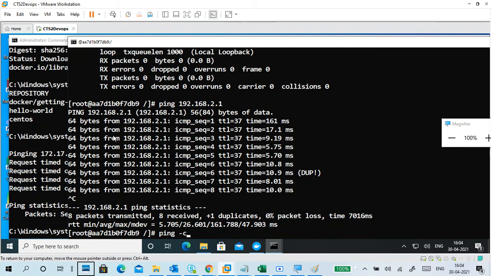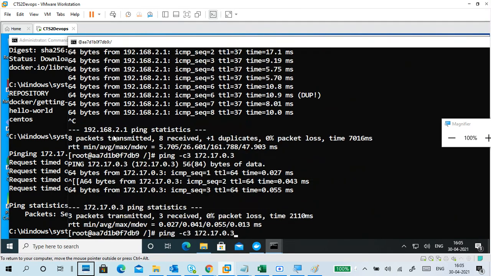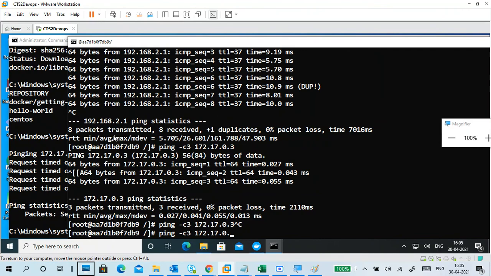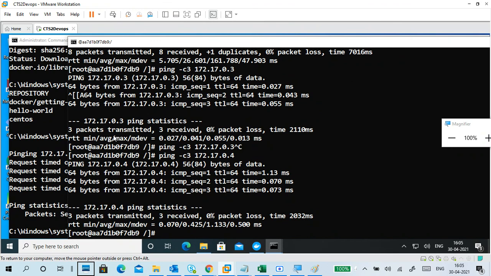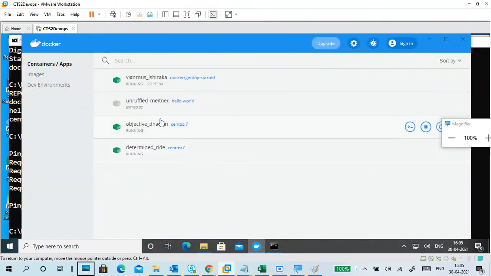So this container is communicating with this container. I can see 3. This is the self one, no, I don't want it. I want to communicate with 4. Now I am able to communicate with 4 also. Understand? Containers are communicating because both containers are in the same Docker, and both containers were built from the same CentOS image, and both are running. You can see both containers are running.